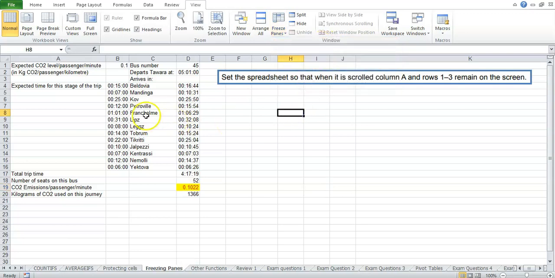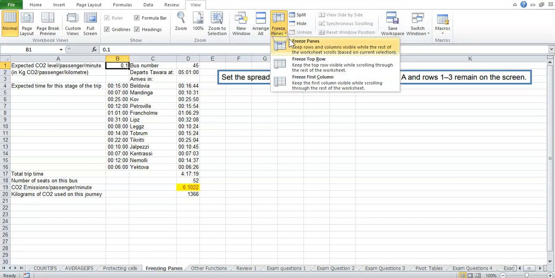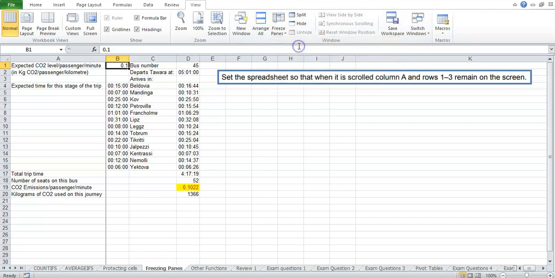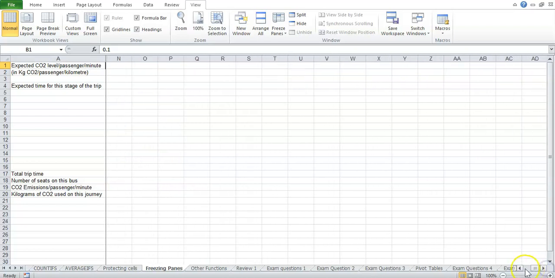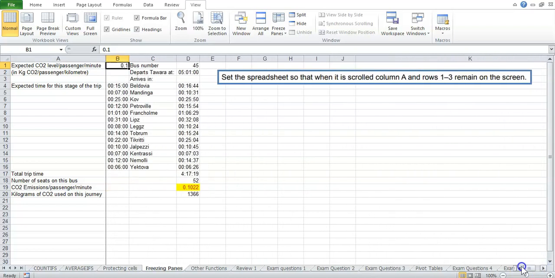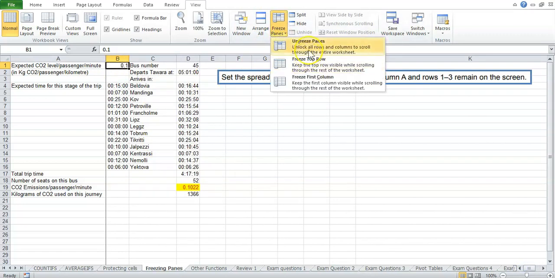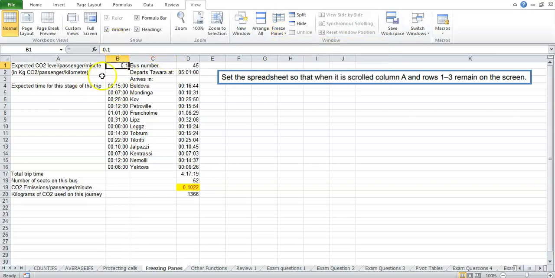So just to show you what it does, let's say for example you put your cursor in B1. If I now go to freeze panes and click on freeze panes again, you'll see that a line has now appeared on the left of this cell. So if I scroll to the right, you'll see that column A will remain on the screen even while we scroll. So let's undo that. If you go back to freeze panes, unfreeze panes, okay, it will disappear,